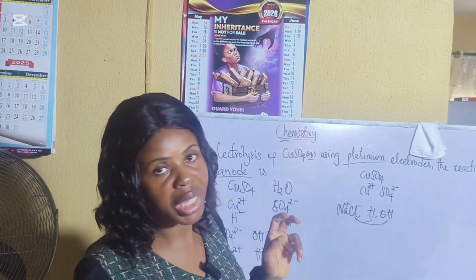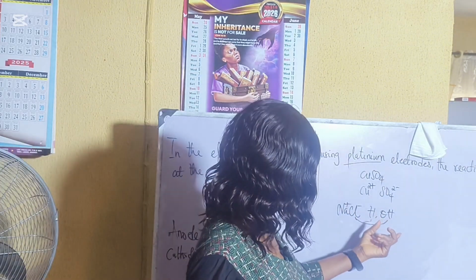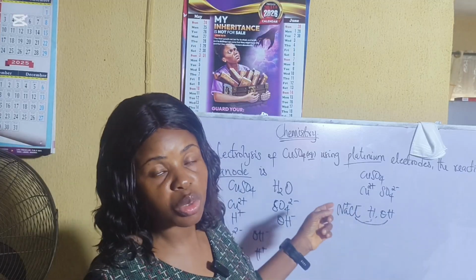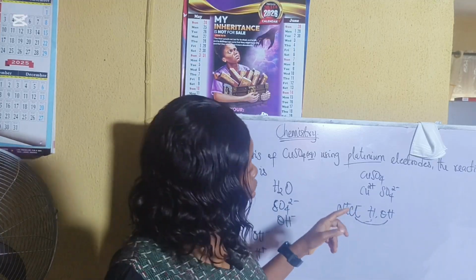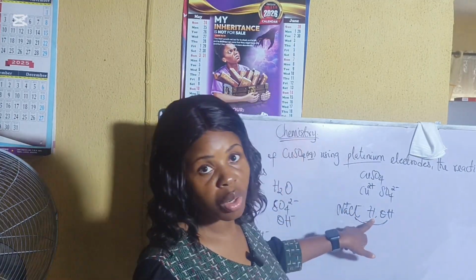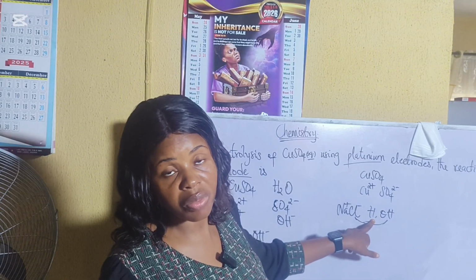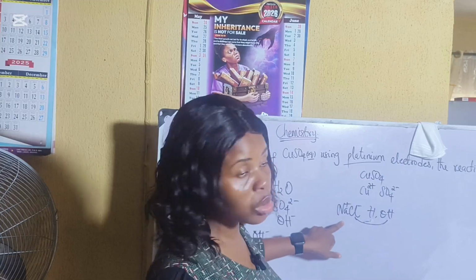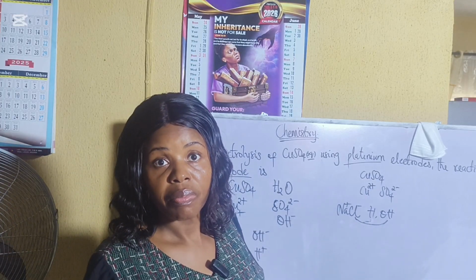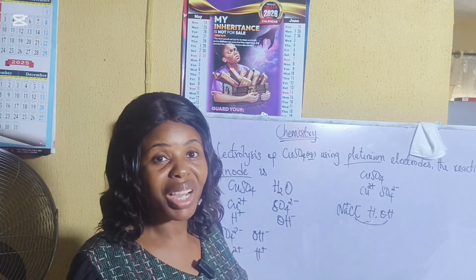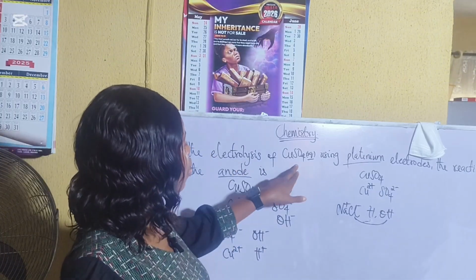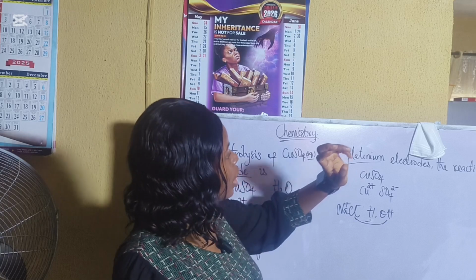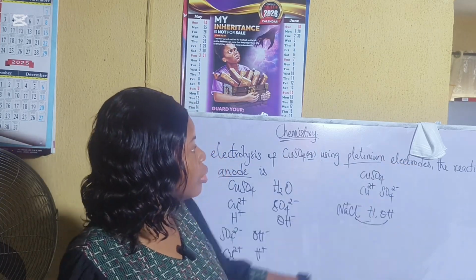But if I'm using mercury as my electrode, whether for the cathode or the anode, because of the strong affinity that sodium has for mercury, H will not be discharged, which would in turn give hydrogen gas. Instead, sodium will be discharged there because of that electrode. Likewise, when we talk about electrolysis of copper(II) sulfate, if I'm using copper as my electrode, the